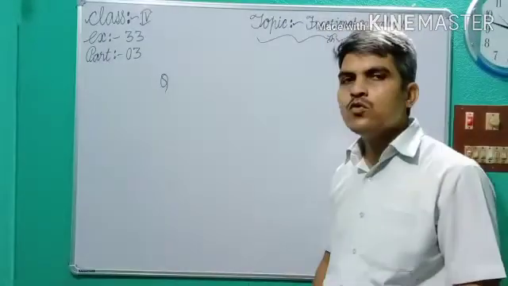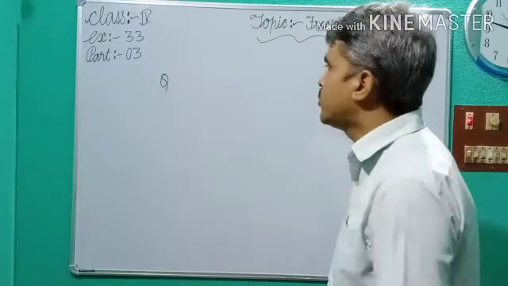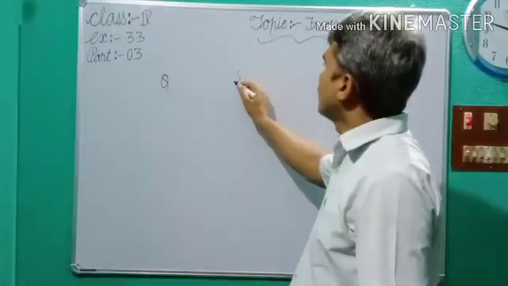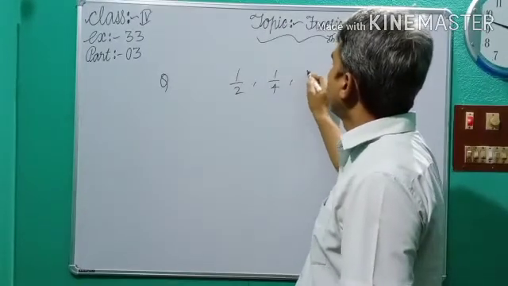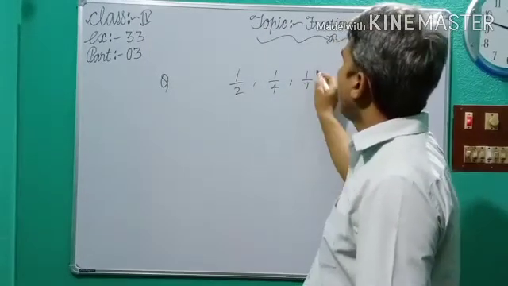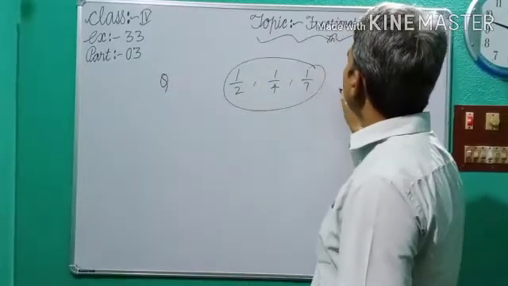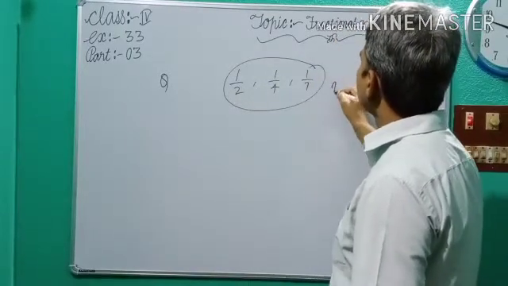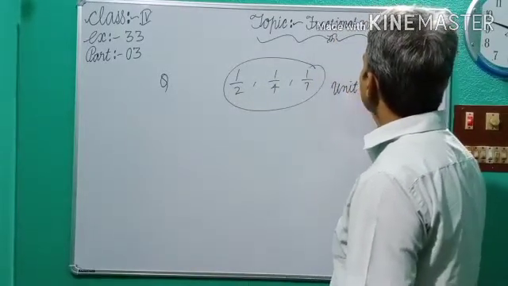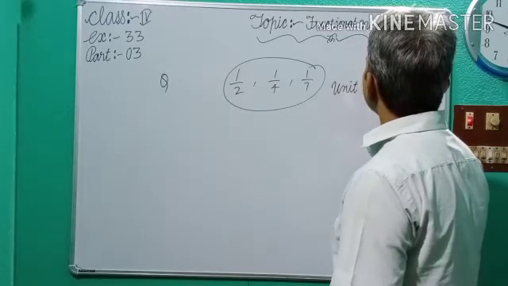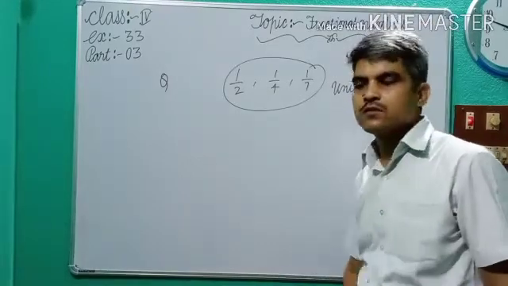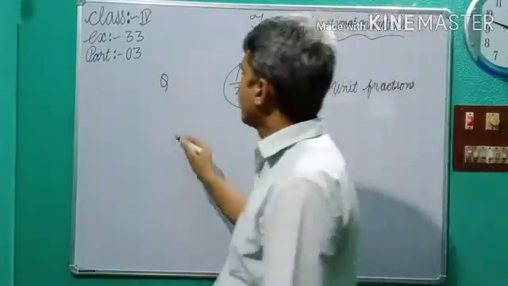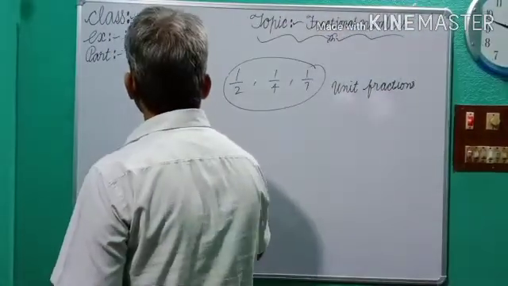Numerator is 1, that is called a unit fraction. 1 by 2, 1 by 4, 1 by 7, all are unit fractions. Any doubts? Now, next,